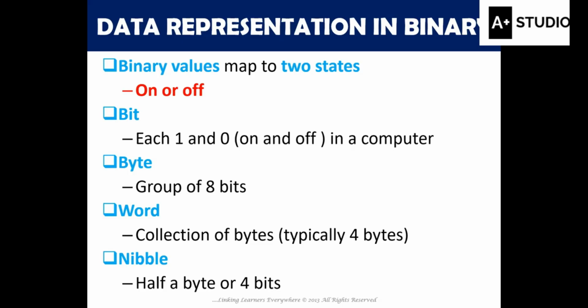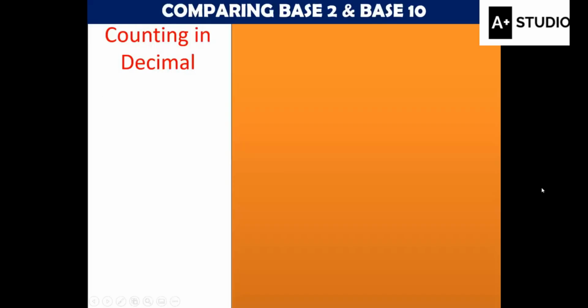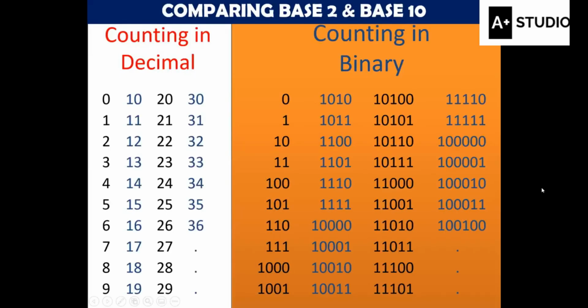So a word is a collection of bytes, a nibble is half of a byte. Okay, so these are terminology you should be familiar with. So in the gist, if you take your time and convert